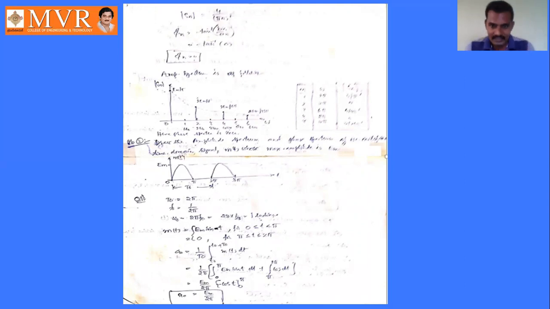Next we have to see the next problem. Here a sinusoidal signal is given. This is the waveform for a half wave rectifier. You study the concept of rectifiers, half wave rectifiers, and full wave rectifiers in your electronic devices and circuits subject. This is the output waveform of a half wave rectifier. Draw the amplitude spectrum and phase spectrum of the given time domain signal m of t, whose magnitude is given as Em here.